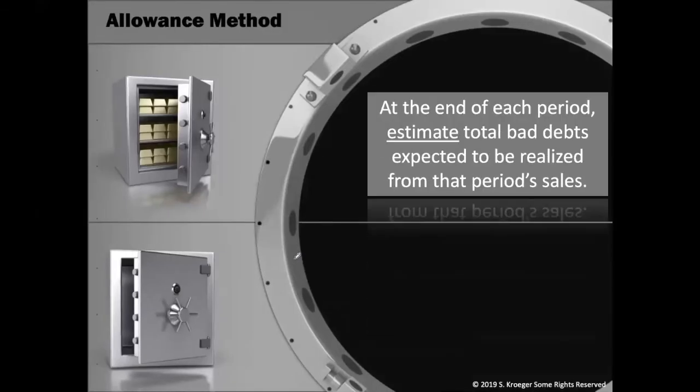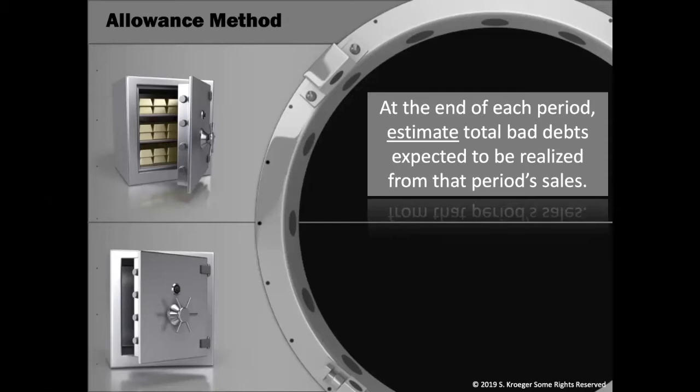Next, we'll cover the allowance method. With the allowance method, we are not going to run into the same issue of violating the matching principle as we did with the direct write-off method. This is because at the end of each accounting period, we're going to expense bad debt expense by doing an